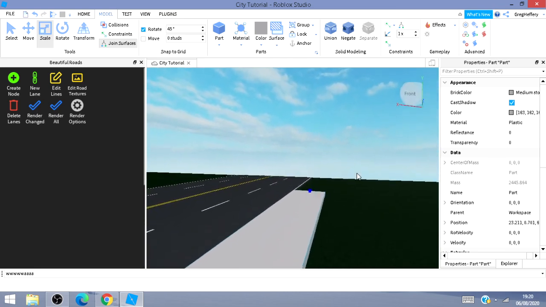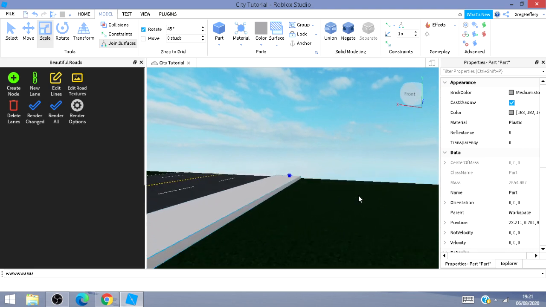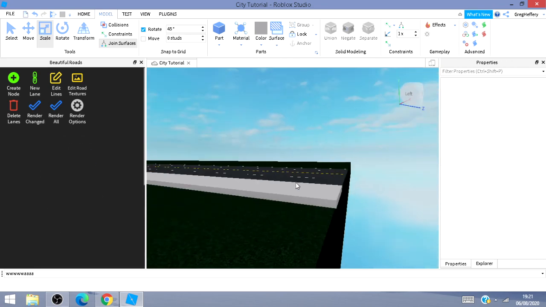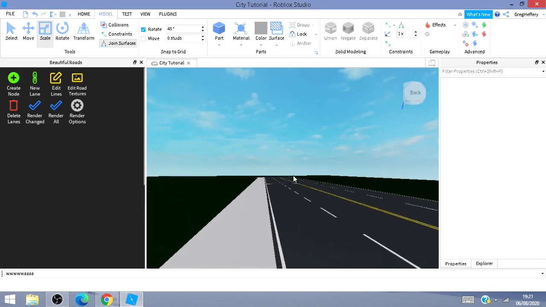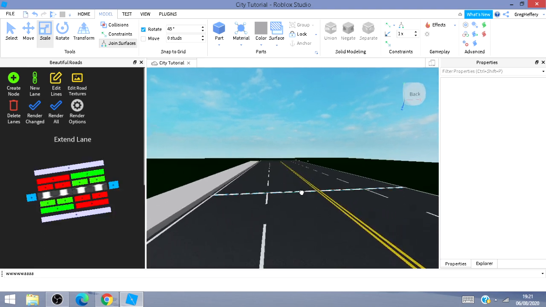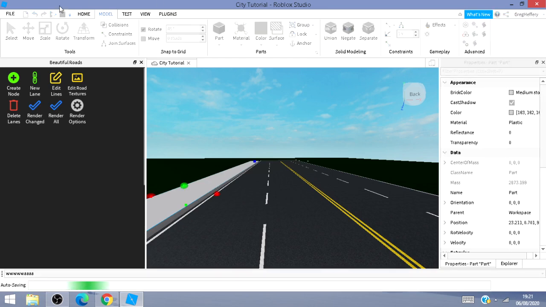Just keep on going here, all the way till the end, and let's delete these two nodes. Delete this one, and then right on over here we go and delete this one, and then Control D,